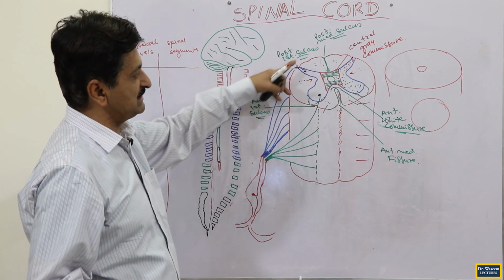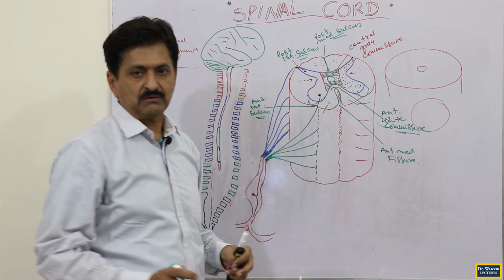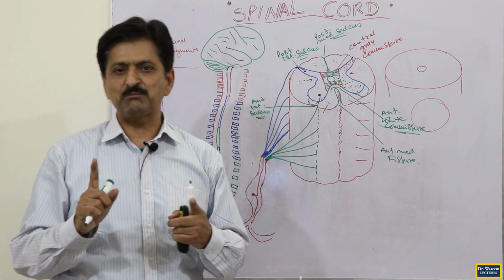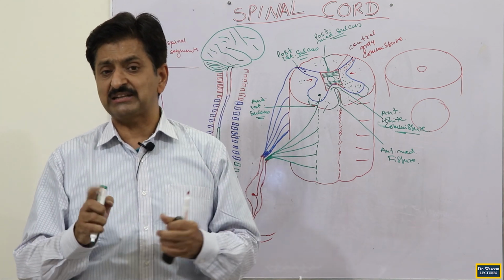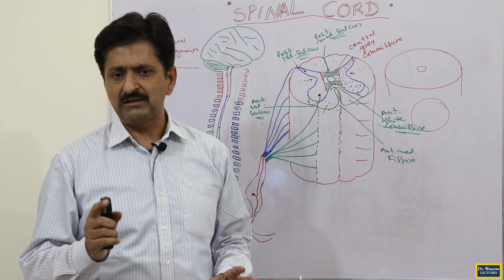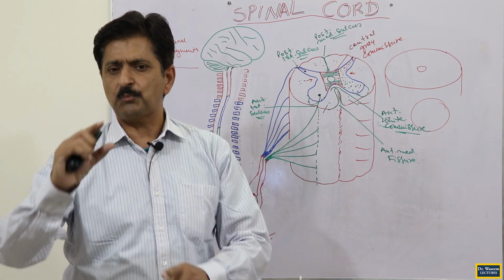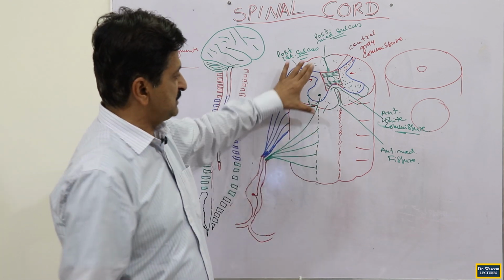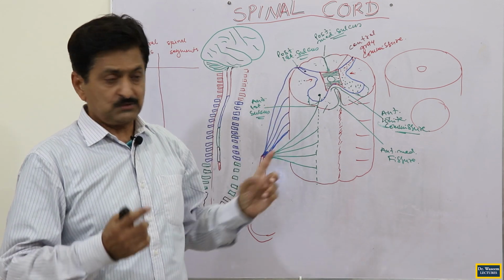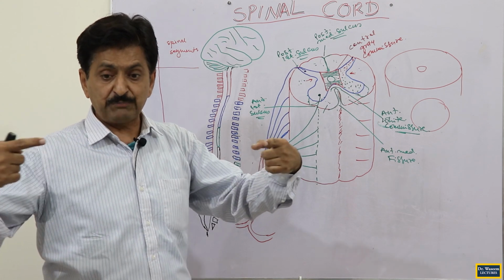This is something that you are watching, the internal morphology. But you see, when there is one segment of spinal cord, for example, roughly if the spinal cord is 30 inches and we have 30 segments and 30 pairs of spinal nerves emerging, then roughly one pair of spinal nerves should occupy at least 1 inch of spinal cord. That is, 1 inch means one segment roughly, and this 1 inch should have one pair of spinal nerves.